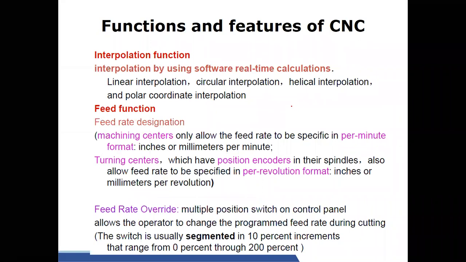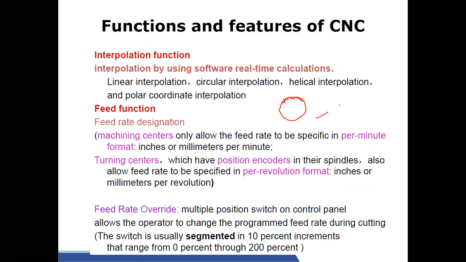Okay, so movement interpolation means, supposing I am cutting a circular profile. The movement will not be a perfect circle actually. Depending on the resolution, it will be moving in small steps in x, y, like this. So it is all x and y simultaneously moving. So this is known as circular interpolation.